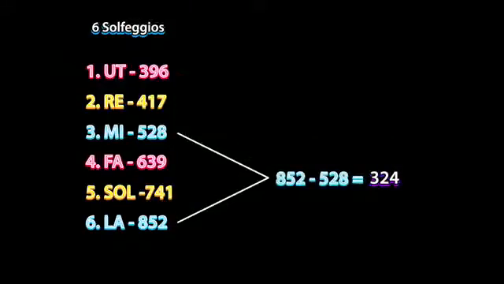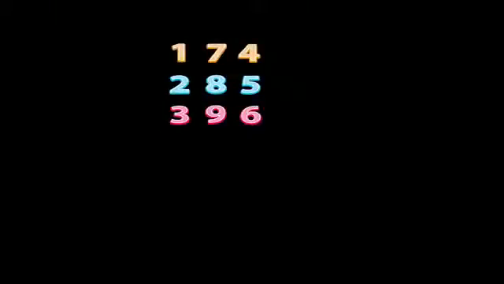In this last family number group, we're going to subtract the 528 from its shifted pair of 852, which gives us 324, or another 432 shifted to the right 2 places. So after discovering the 432 interwoven within the shifted pairs of the family number groups, I decided to do a